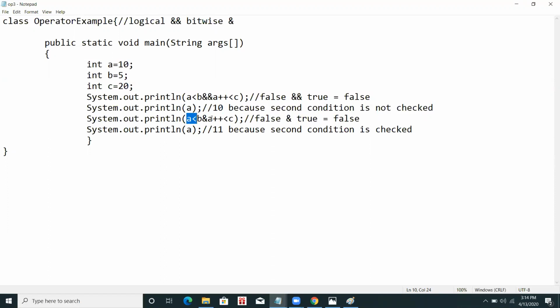Just wait a minute. Something went wrong, I think. Like something is going wrong. I'm facing some internet issue.